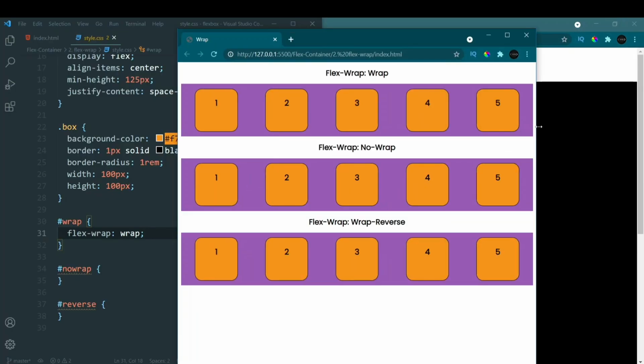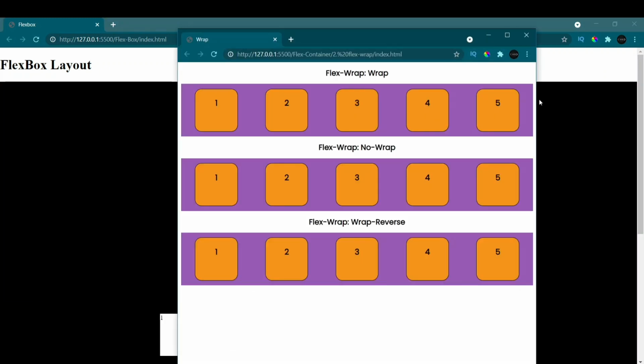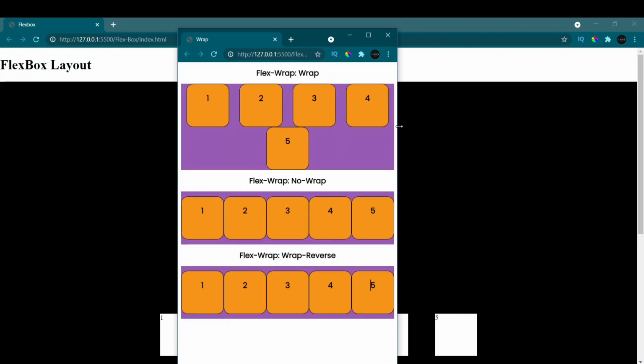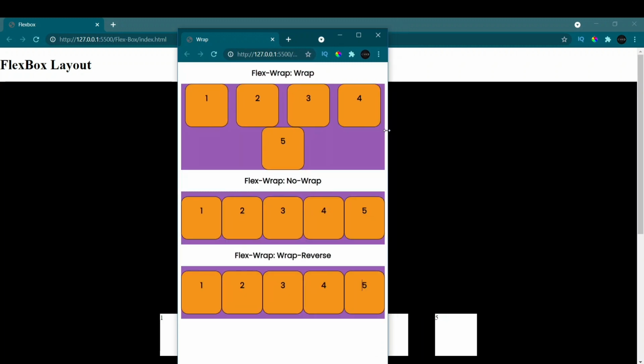So again we'll minimize it, and now watch carefully. Once I do this, let me reduce the screen size. Now you can see once it reaches a certain value, it shifts to the next line, making your website responsive. You can even control when you want this to shift to the next line.